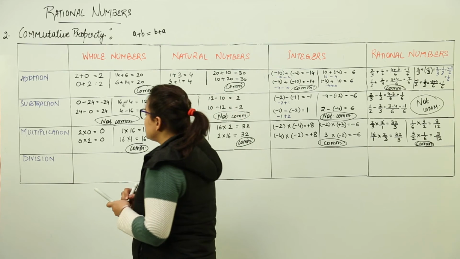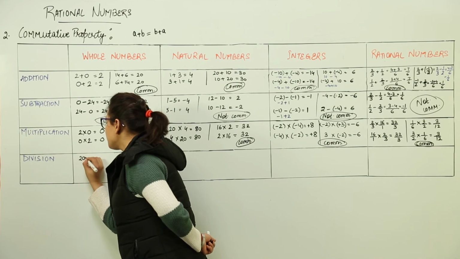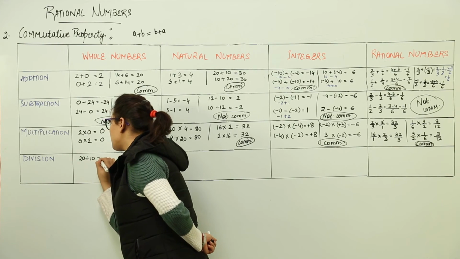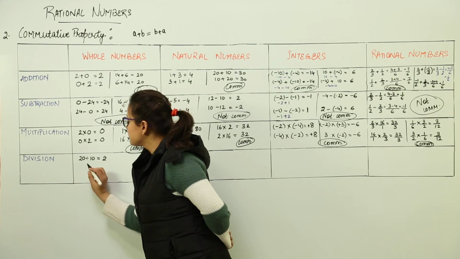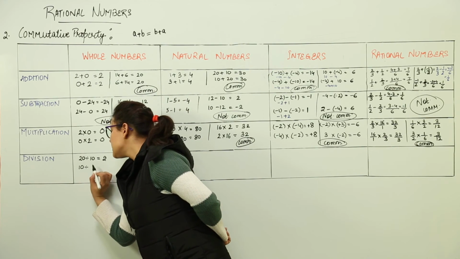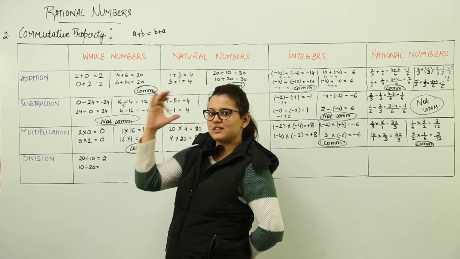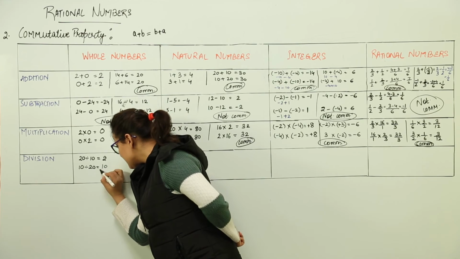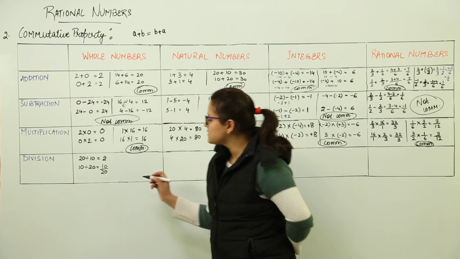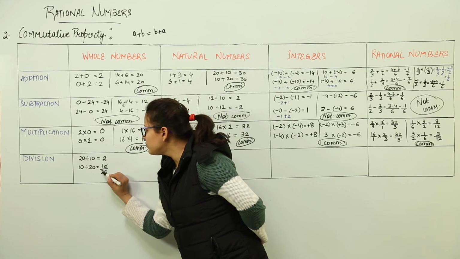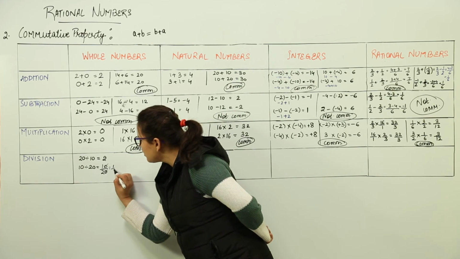Now division deals with the whole numbers in this way. Let us take 20 divided by 10. What do you get when you divide 20 with 10? You get 2. What would happen if you divide 10 with 20? Can you divide it? First think. Okay, I am making it a little simpler by writing it in this form. It means the same, right? So 10 upon 20, what would you get? 0 gets cut with the other 0. What is the answer you are left with? 1 by 2.